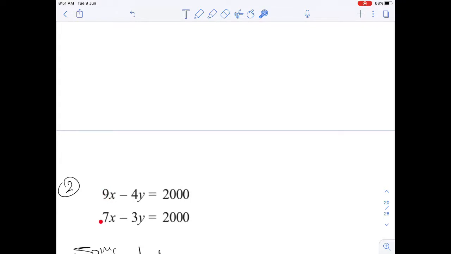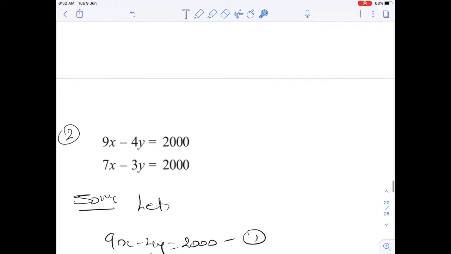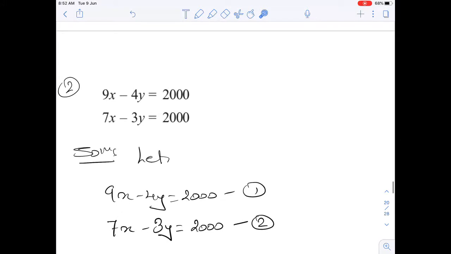Now 9 and 7 are very big numbers, so instead of eliminating x, we will try to eliminate y. Now how to eliminate this y? If we multiply this one by 3 and this one by 4, then both will become equal. Let us see how. The first condition is that we have to number the equations. So let 9x minus 4y equals 2000 be equation number 1, and 7x minus 3y equals 2000 be